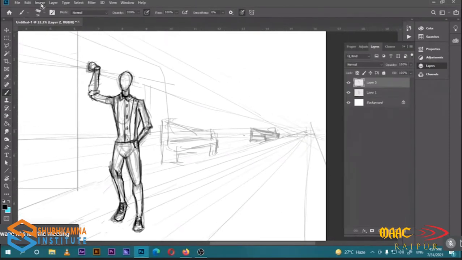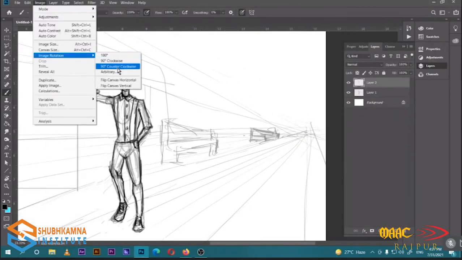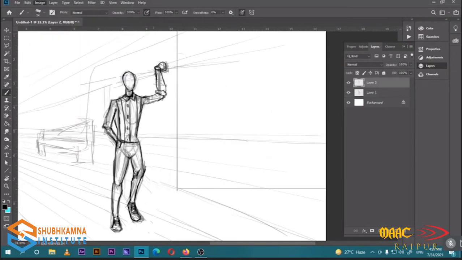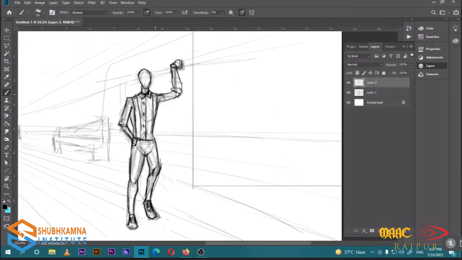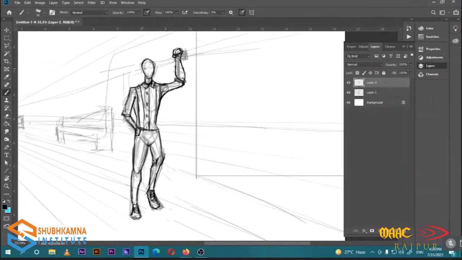Now, in order to get a little more control over the strokes and everything, just flip it in order to get the actual mirror image of it, and you can see all those mistakes we normally make by creating only one side of it. So if there are some portions which I'll be needing to remove, I'll be going for an eraser again, and let's see, we'll give it a point over here.